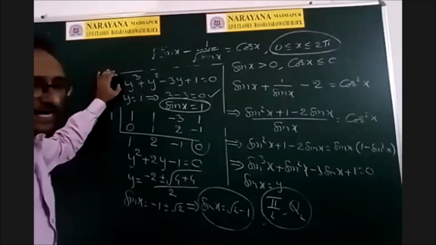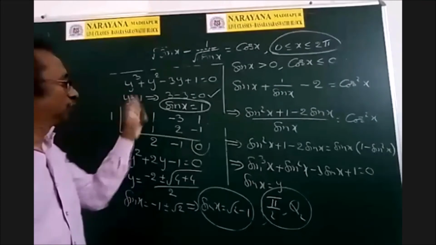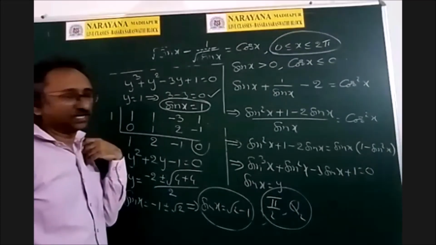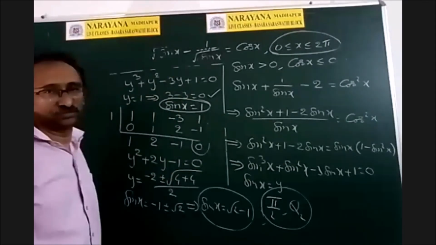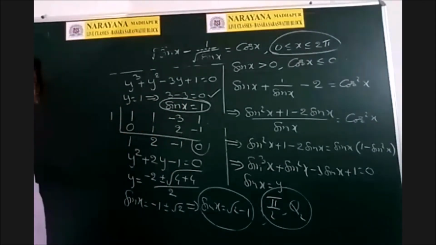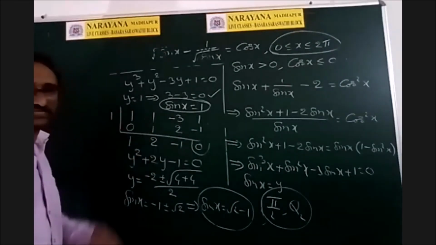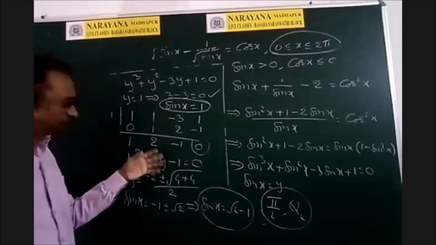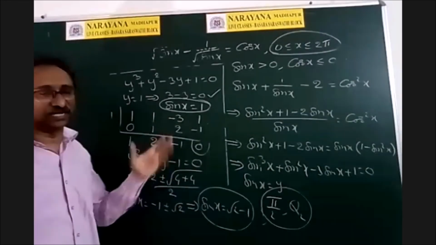Now by trial and error, by inspection only, we have to get one root. So suppose y is equal to 1. So we are lucky. y is equal to 1 is the root. It is satisfied. Okay. And now to get the other roots, what we have to do? This is called synthetic division. Okay. Suppose after erasing this, I will show you once again with another example.